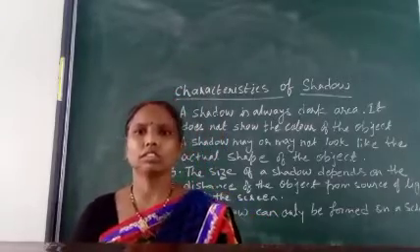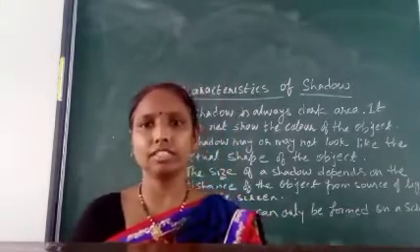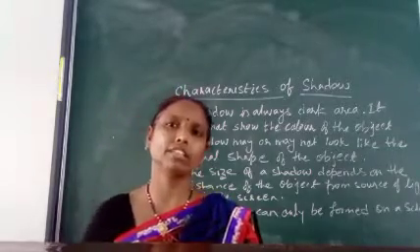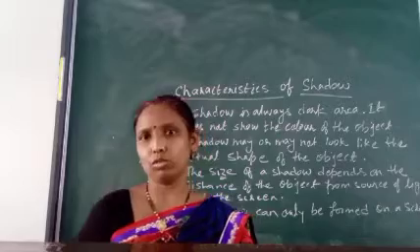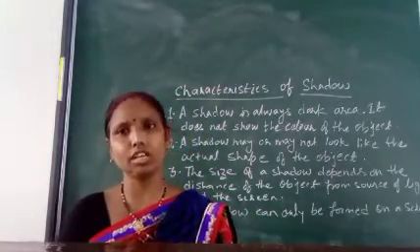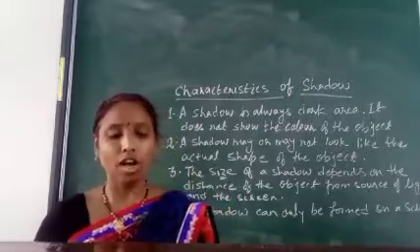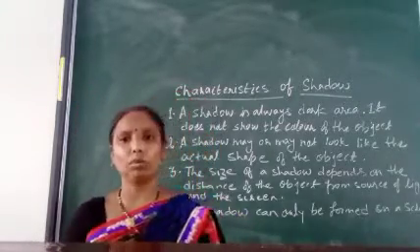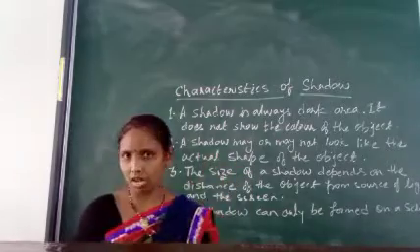Good morning, students. In our last class, we started the second application of rectilinear propagation of light, that is the shadow. First of all, I told you in my previous class what a shadow is. So what is a shadow? A shadow is a dark patch which is formed behind an opaque object when it blocks the path of light.